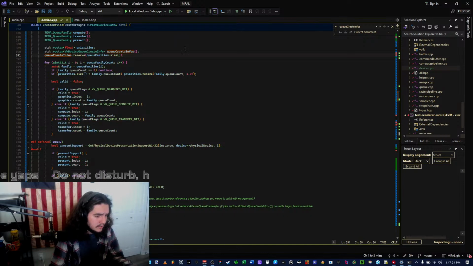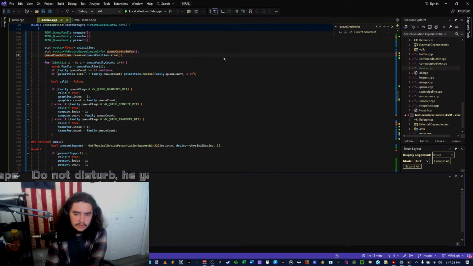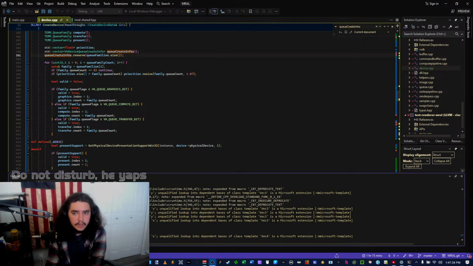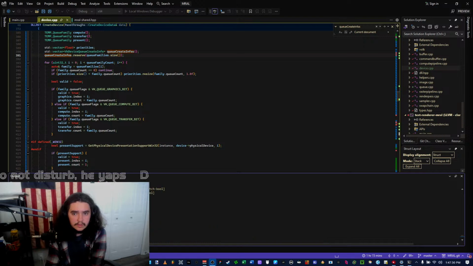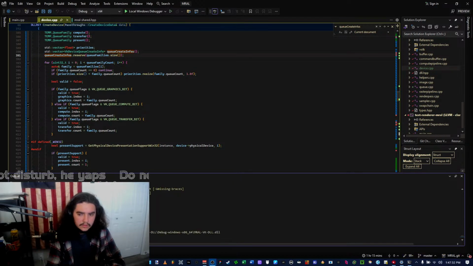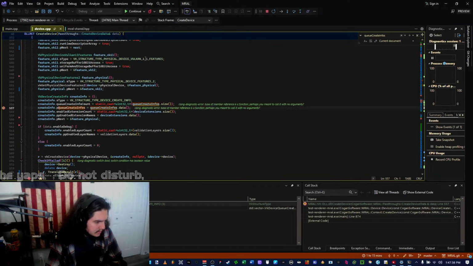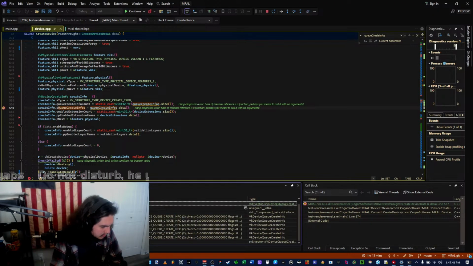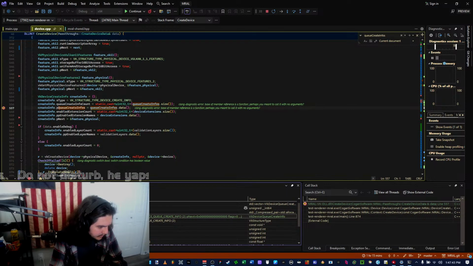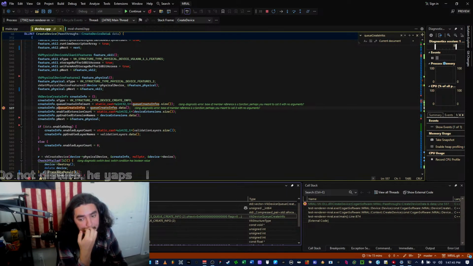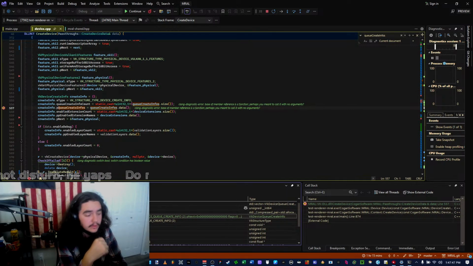Alright, well, does this fix it? I hope this fixes it. Yeah, there we go. I did not know there were gonna be 16 queues available.